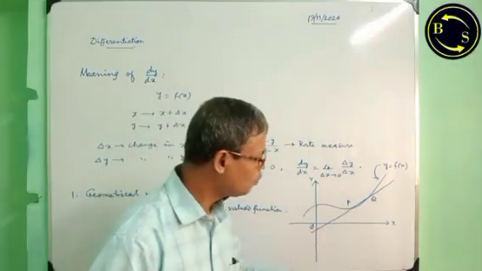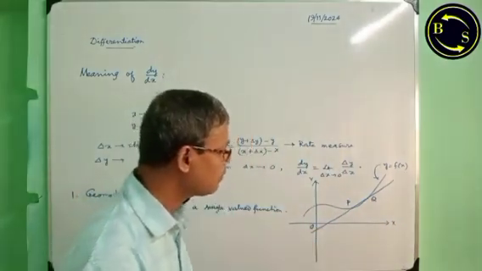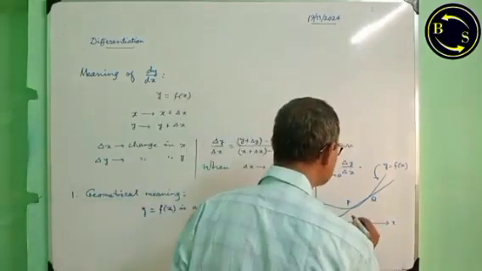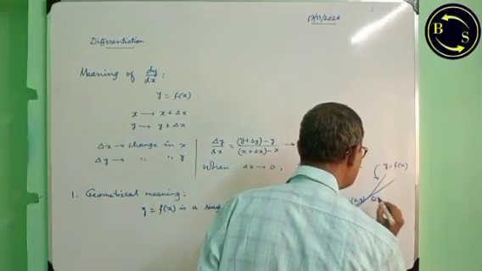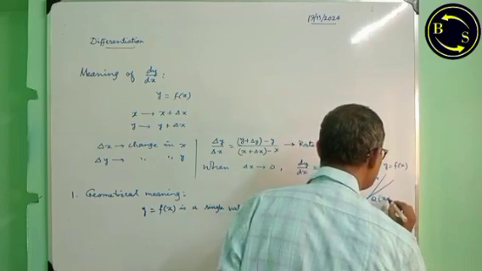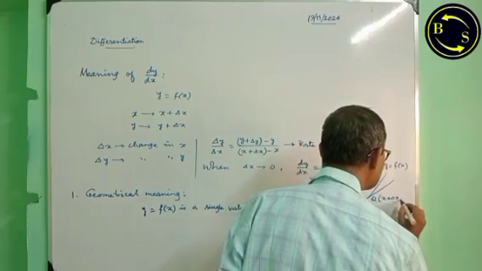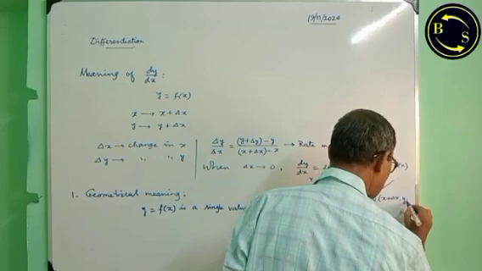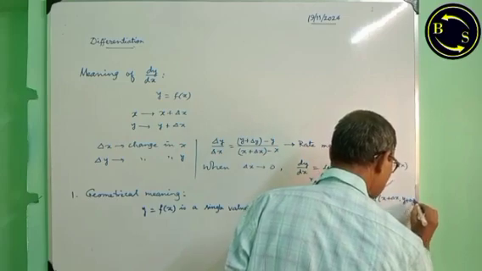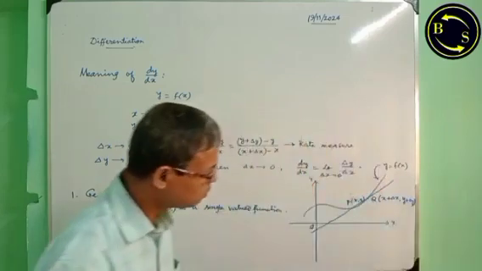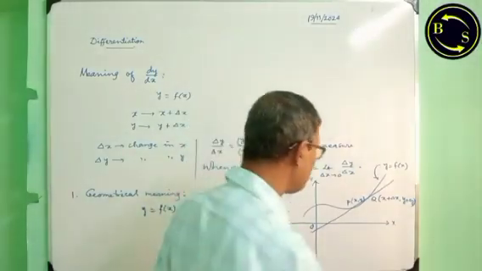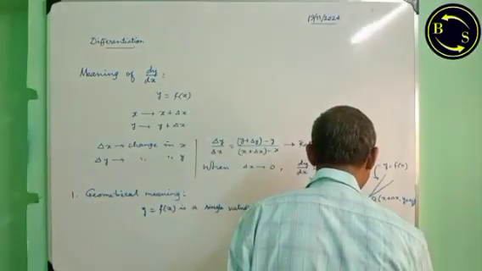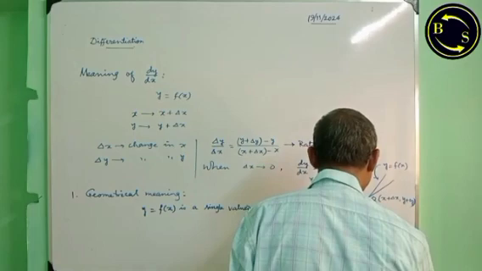Let P and Q be 2 points on the curve having coordinates x, y, and x plus delta x, y plus delta y. 2 neighboring points. Now we drop perpendicular from